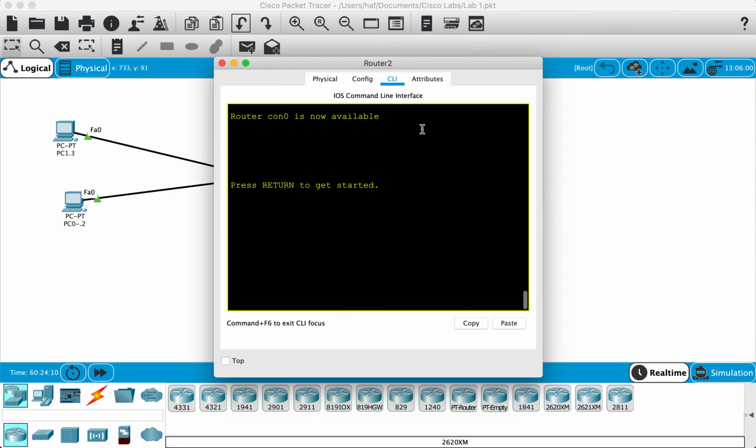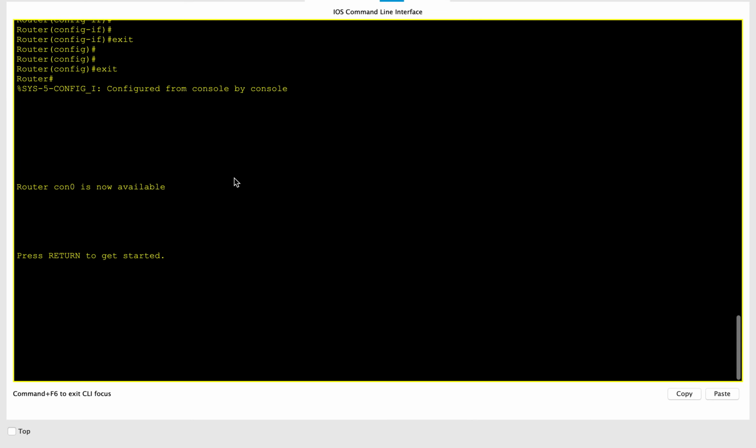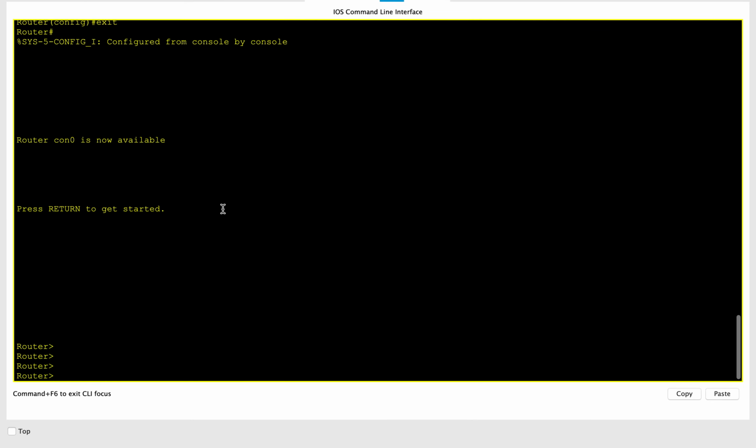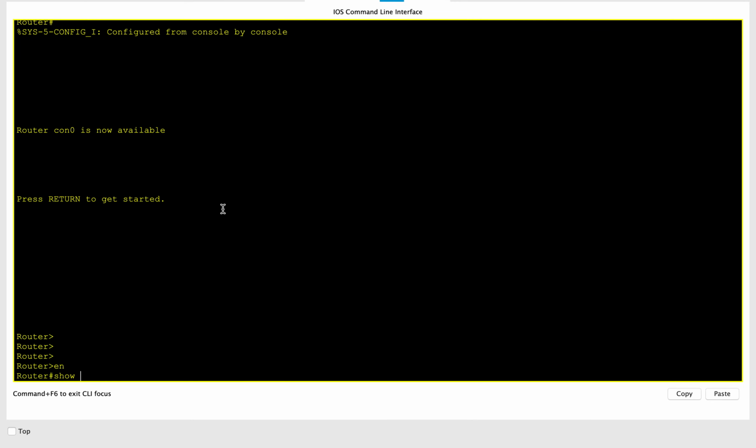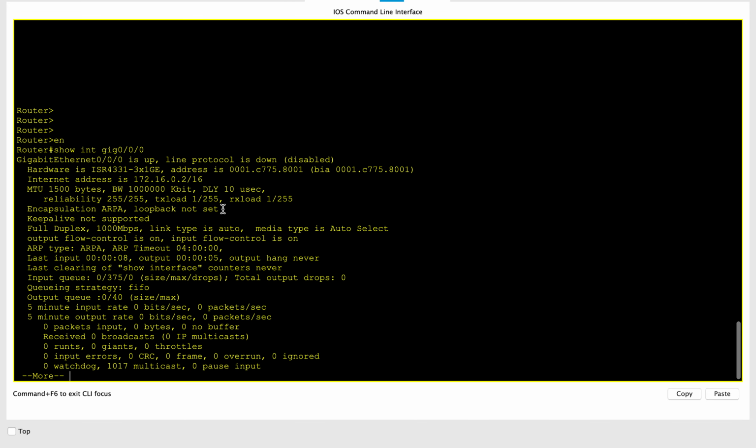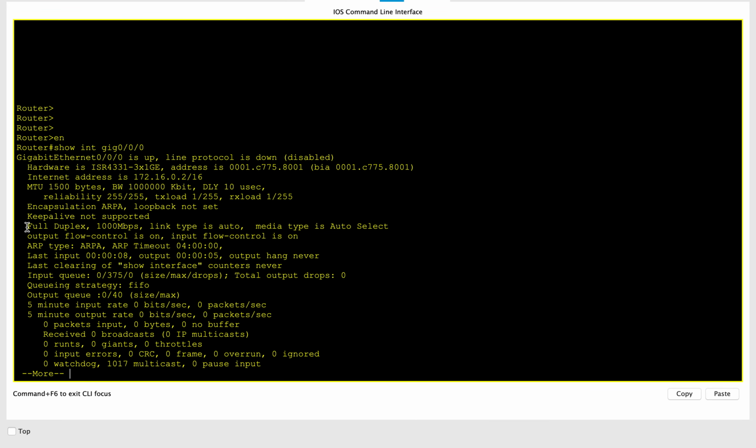Now let's take a look at the second router. I'm going to maximize this real quick. We're going to do the exact same thing. So enable, and then show interface gig. Now this one happens to be the same interface ID. So we're going to take a look right here. Ooh,